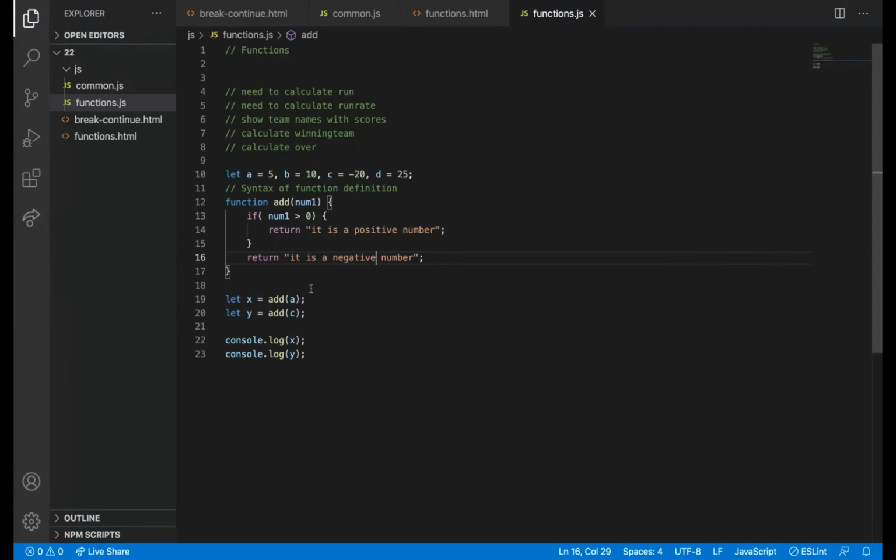So when I'm passing a, it is a positive number, the condition goes here and then it is returning.